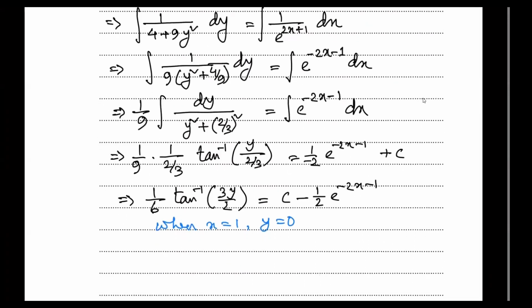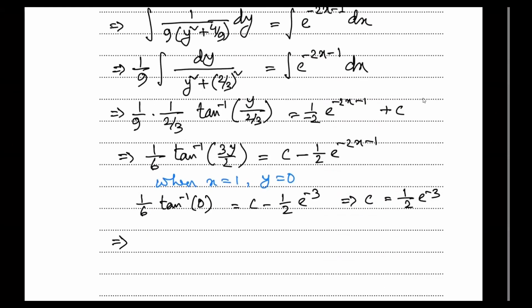So we have 1 by 6, tan inverse 3 into 0 by 2. So tan inverse 0, that's 0. C minus half e to the power minus 3. So from this one, we have C equal to 1 by 2 e to the power minus 3. Okay. Now,